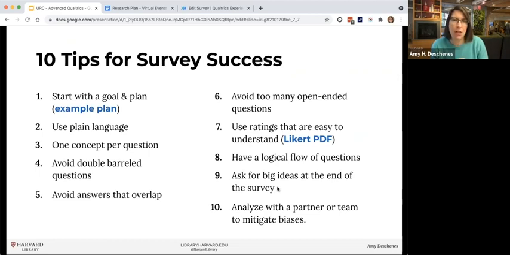And I think my last tip here for survey success is, if you can, do your analysis with a partner or a team to mitigate any unrealized biases that we all have, right? Especially if you've been the one designing the survey, bring a colleague or two in to help you do analysis, to read through the data, because you're bringing the bias of having this background in designing the survey, and you might take things out of context or want the data to go a certain way or amplify things that really don't need to be amplified. So I definitely think bringing in multiple people to help with the analysis can make it a lot easier.